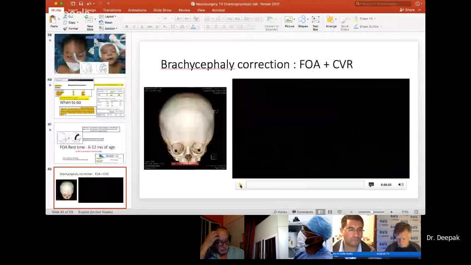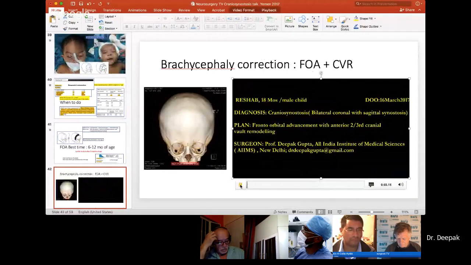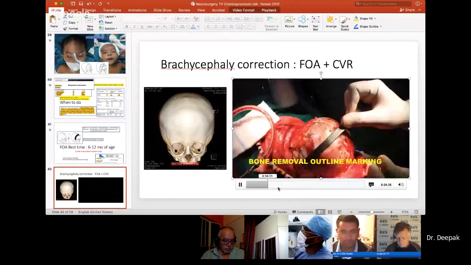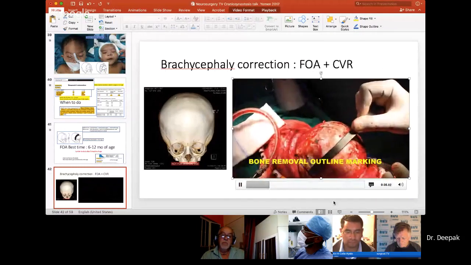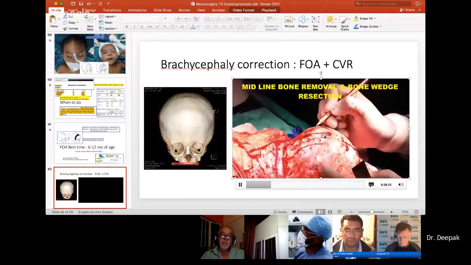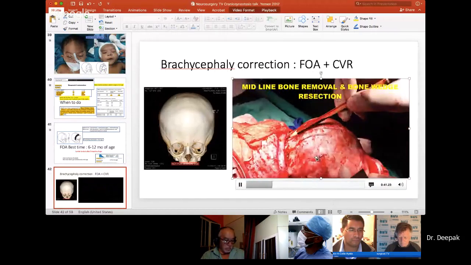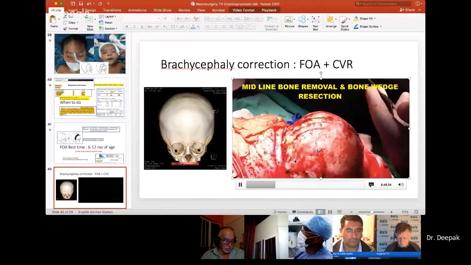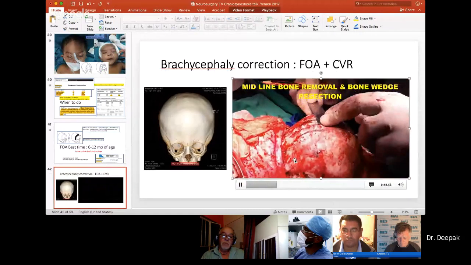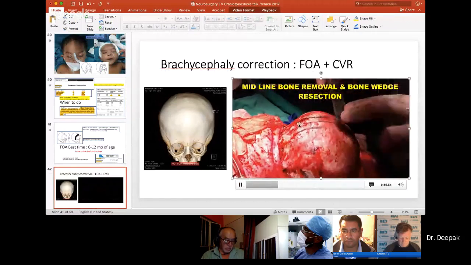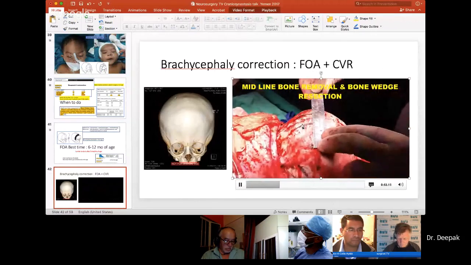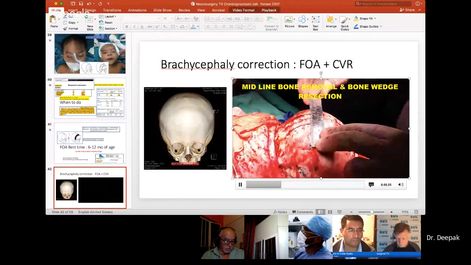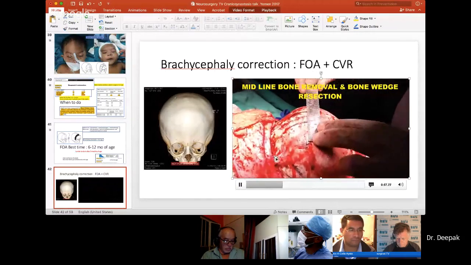This is another video of a child wherein the child was 18 months of age and who had bilateral coronal and sagittal craniosynostosis. And you can see this child before the surgery. And then you can see out here, I do my marking intraoperatively, where exactly I have to do my frontal eminence on right side, left side. There should be symmetry on both the sides. So the distance from here to there is approximately 5. So I take out this mid part of the frontal bone to bring it together, and of course this height needs to be restored. Check it's symmetric on either side, but I'll try to keep a margin.